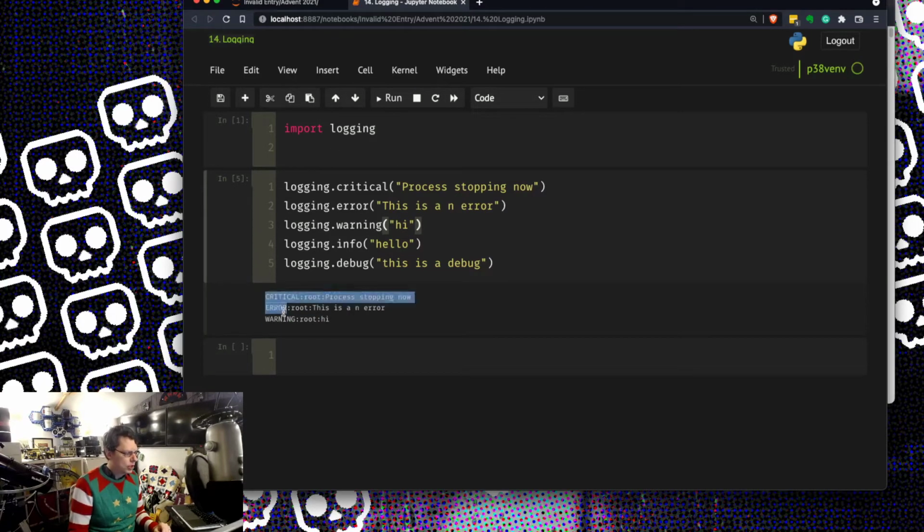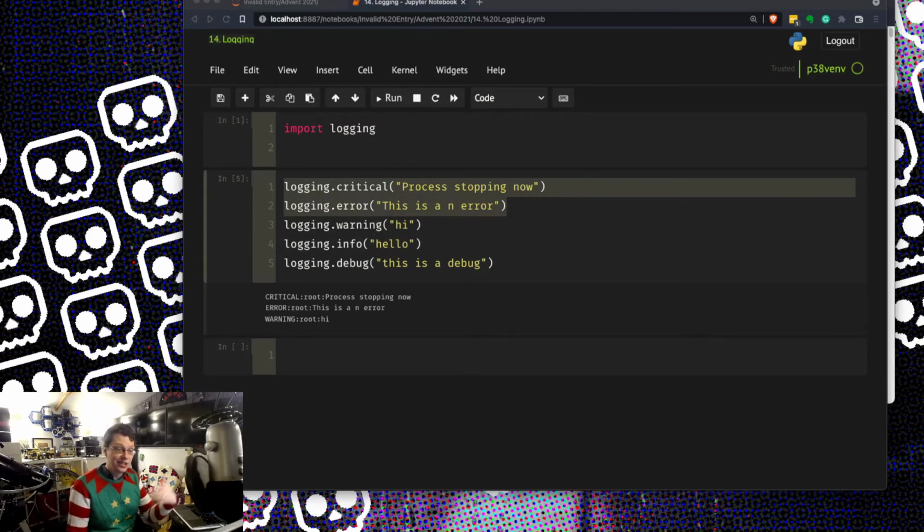With the default one, you basically get out, so it looks like this. It's not very pretty. So you want to configure. So what you want to do is call the basic config. There are the more complex configurations. The more complex configurations allow you to say, well, I want everything to go to a file, but I want errors and criticals to go to a Slack channel or a Discord server or a Teams channel, whatever you want to do. So basically, the basic config is this,